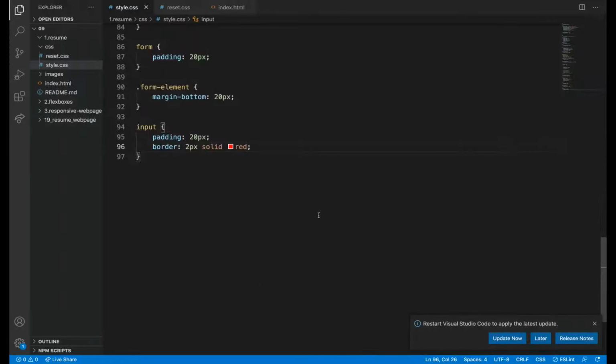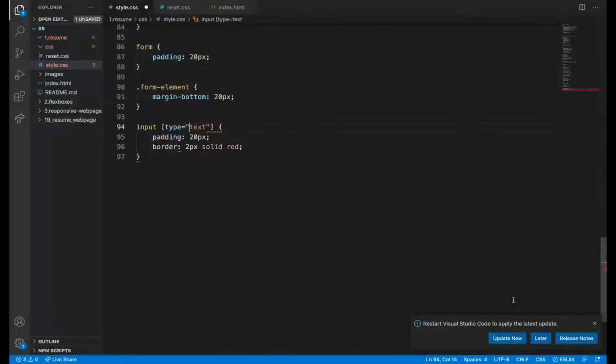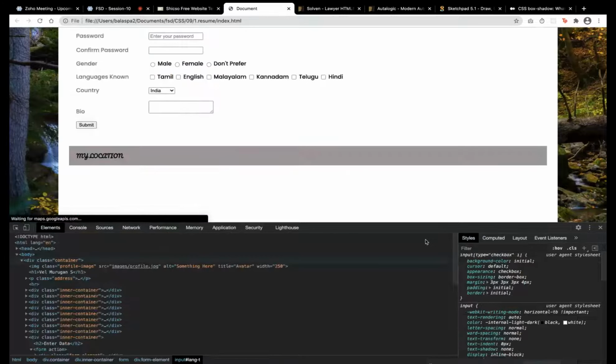So I can say input of type equal to text, comma, input of type equal to password. For these two, I'm applying.